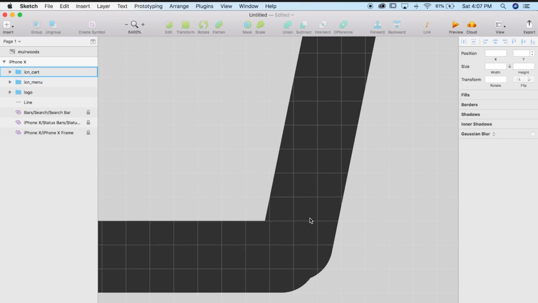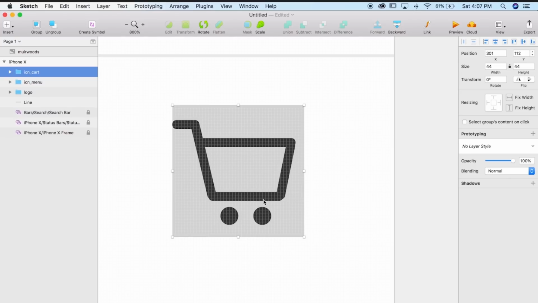Okay, so I have my cart here. I just made it very quickly. You can go in and actually refine it. I'd probably outline all this and clean it up so that it's one united object.